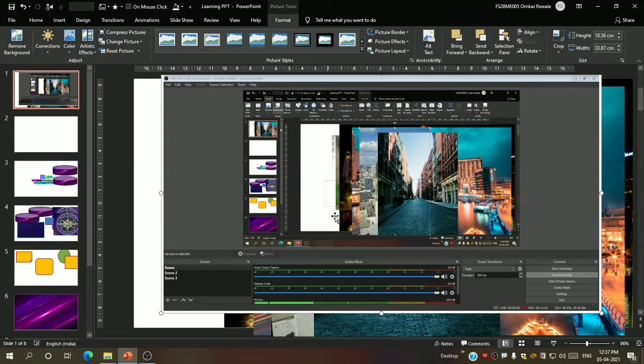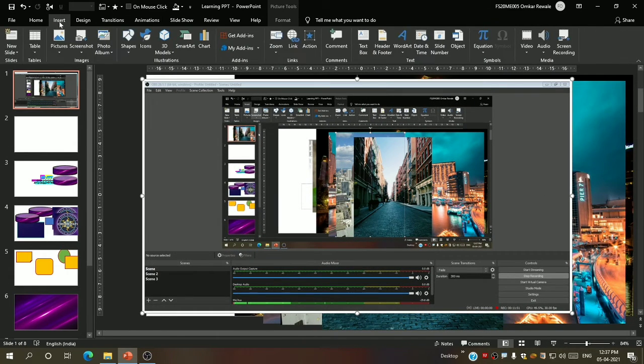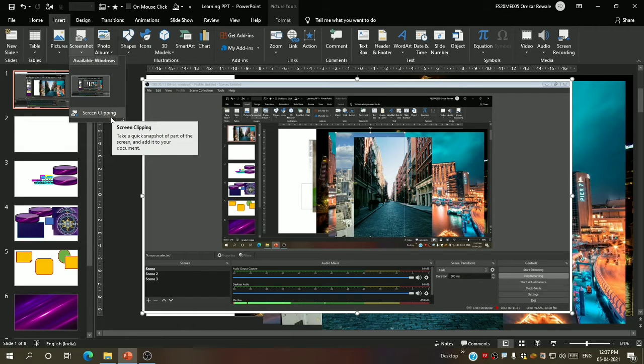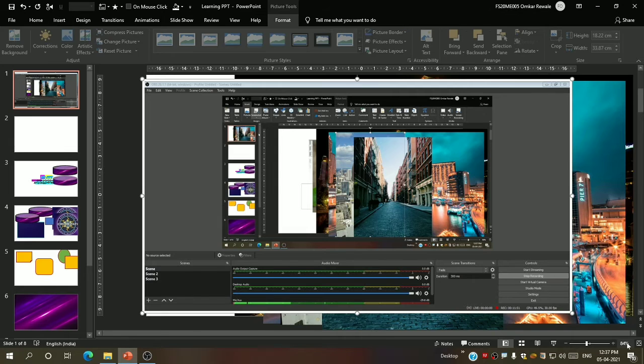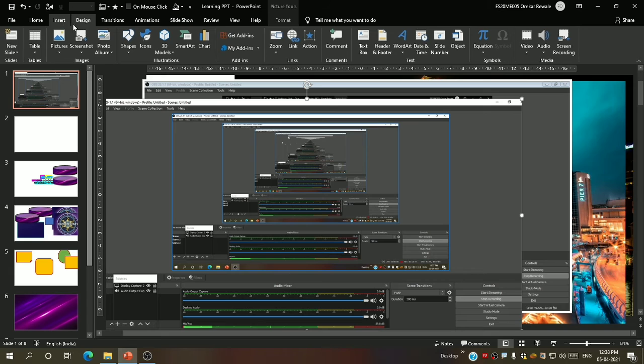I use this studio for screen recording. Now you can also take a screenshot of any other thing by saying screen clipping, and you can customly take the screenshot. See, okay. Now let me delete this photo.